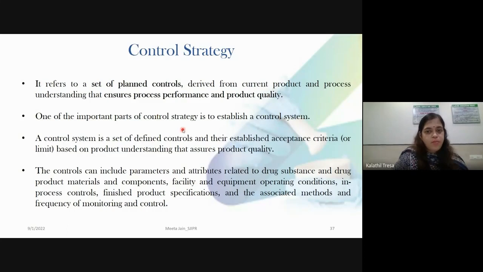Okay, so one of the important parts of control strategy is to establish a control system. It is nothing but defined controls and their established acceptance criteria, that is the limits, based on product understanding that assures product quality. Okay, so establishment of acceptance criteria is an important term. What is acceptance criteria? It is the range which is accepted, that is, if that particular parameter is in that range, you will get the desired quality of your product, which has proper potency, safety, purity,